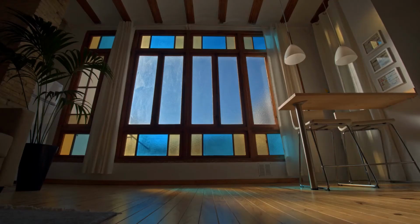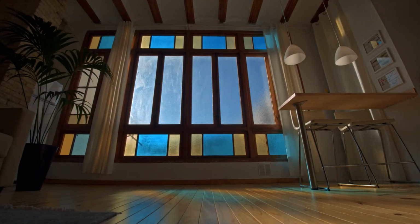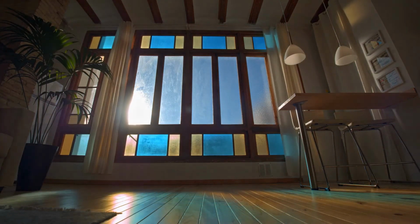Might be something that you hadn't thought of, but does the sun filter through this bank of windows in the morning? Do you have sun coming through the back of the house in the afternoon? What time would be a good time to schedule a photographer? Bright lights in the middle of the day with the sun straight over the top of the house probably aren't the best. They probably won't show the best features, either interior or exterior, and will provide harsh shadows, especially in the